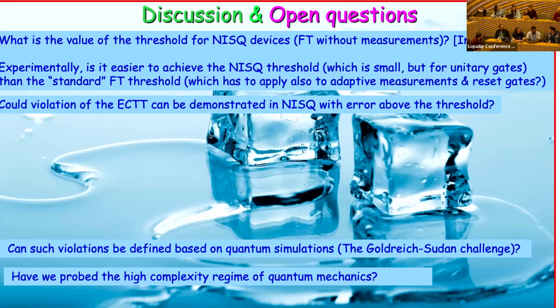So there are in the NISQ era some usable algorithms, variational quantum algorithms such as VQE and QAOA, which are considered in the industry at least to be something that is leading and something that can be considered a path to quantum advantage, but are performing relatively poorly because of noise, because of local minima, etc. Is there a reason to believe that once we reach these noise thresholds that you discuss here for violating ECTT, those variational quantum algorithms will behave better as well and maybe show an ad hoc advantage that is not reached today?